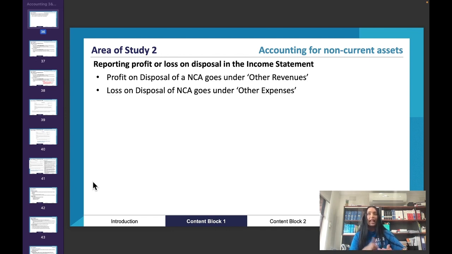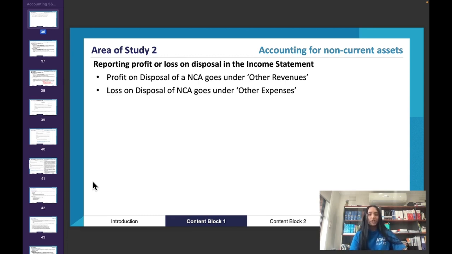Then we have any other revenues or expenses related to inventory. And they might not be related to sales, but they're still related to inventory. And because inventory is the business's main source of income, these expenses and revenues are still important. That's why they go first. So we have either an inventory loss or an inventory gain, or an inventory write down. And then we have adjusted gross profit.